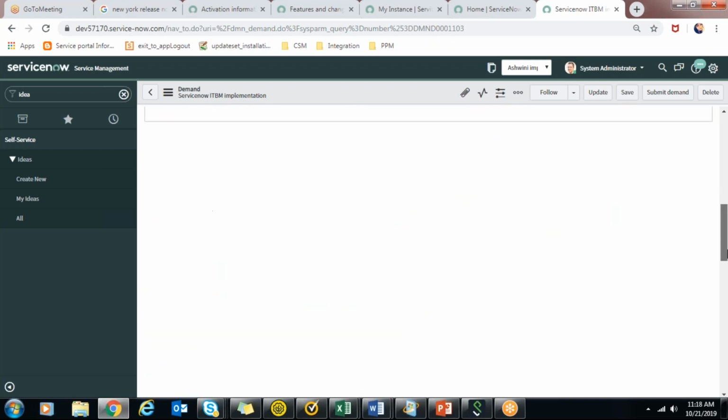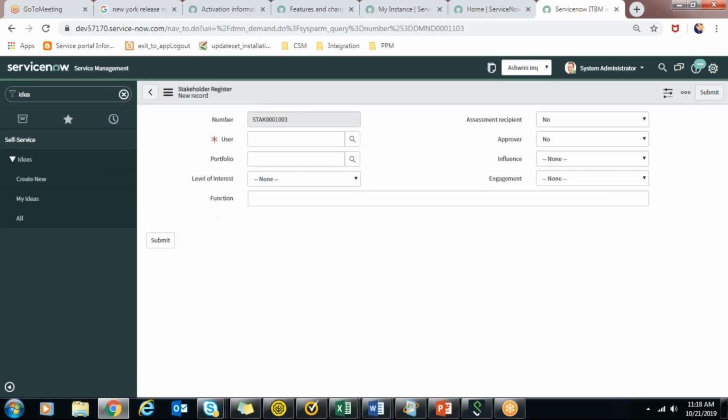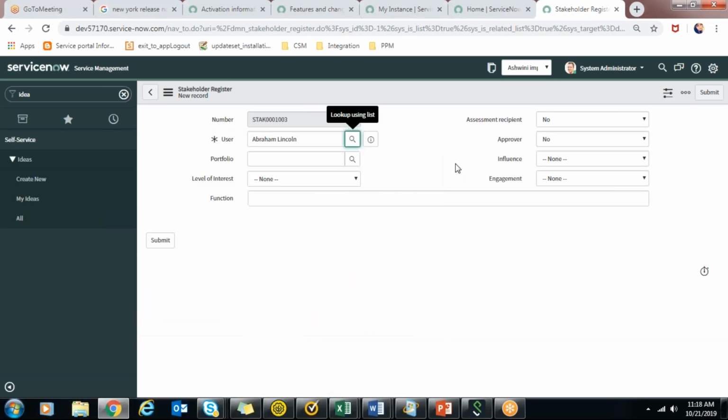And then here you can add stakeholders. You can create a new stakeholder group and they will be the people who will be approving that demand. I'll just try to add one user here. You can also say influence of this user is high or medium, engagement is supportive, resistant, like whatever stakeholder register you are creating.